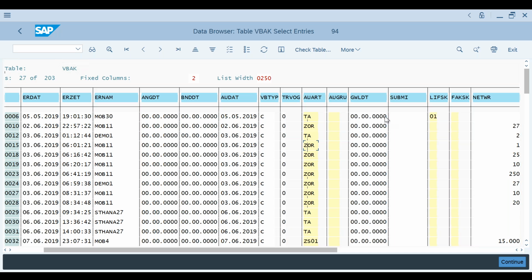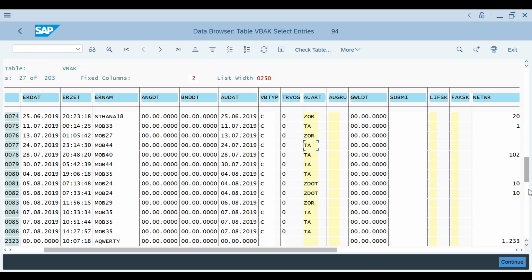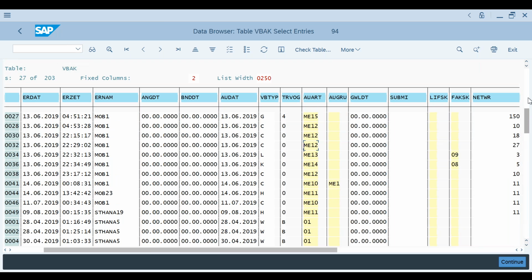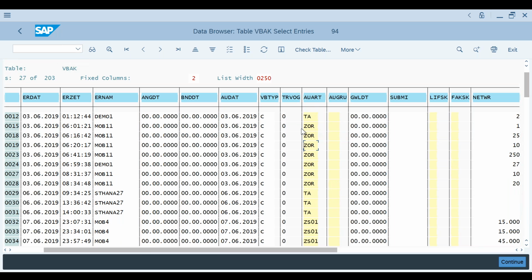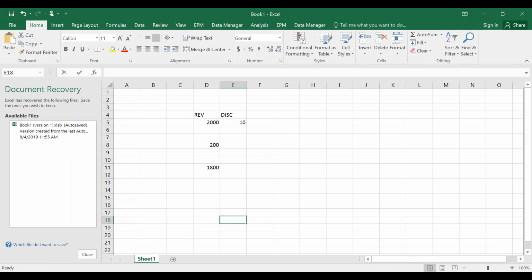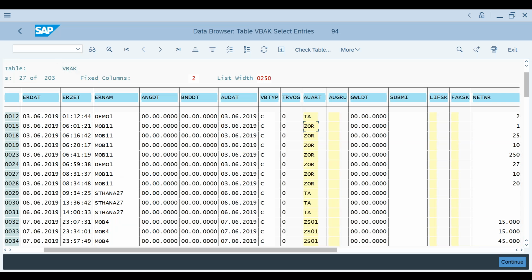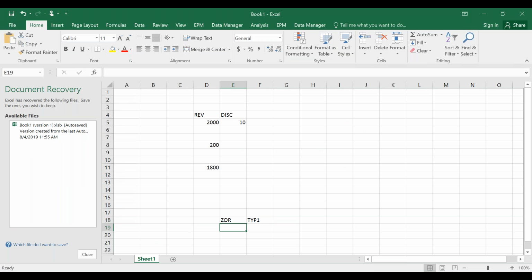So what we will do is try to give some description. What description will we give? If the sales order type is ZOR, we will create one more column, and here we will write type 1.